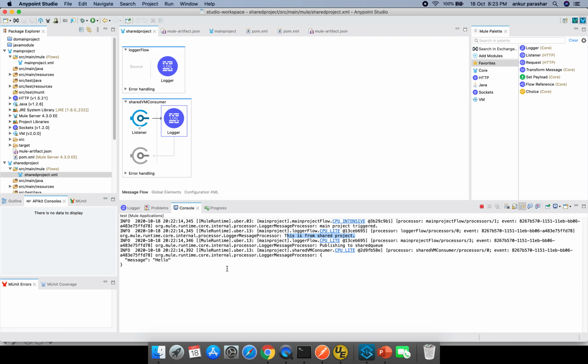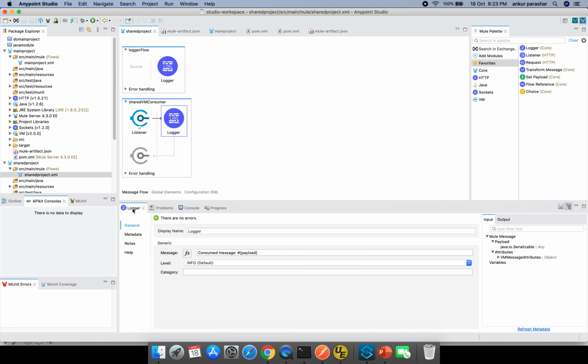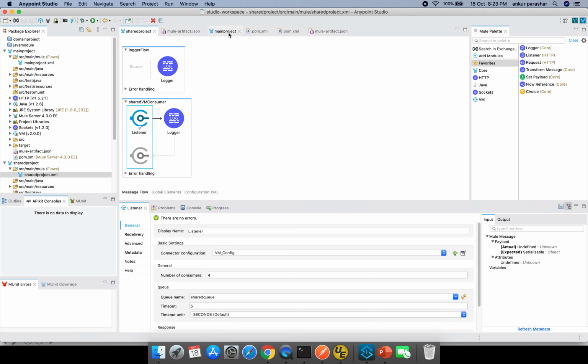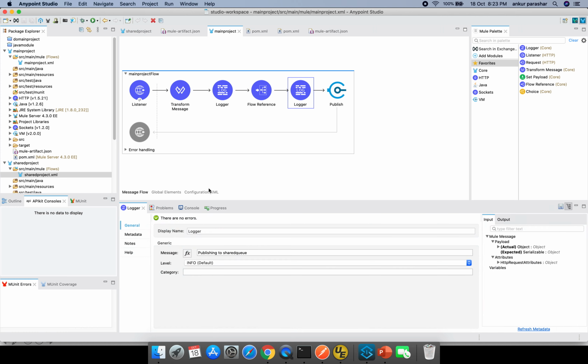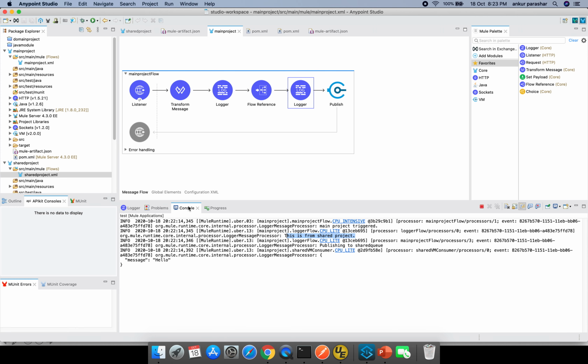So this is pretty much about it. Let me go back to the main project, and the shared VM consumer showed the particular message.